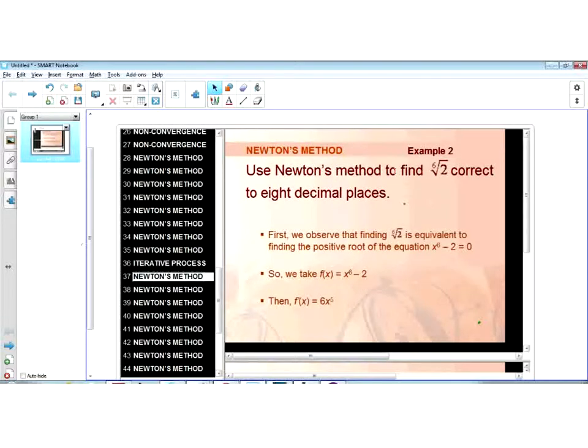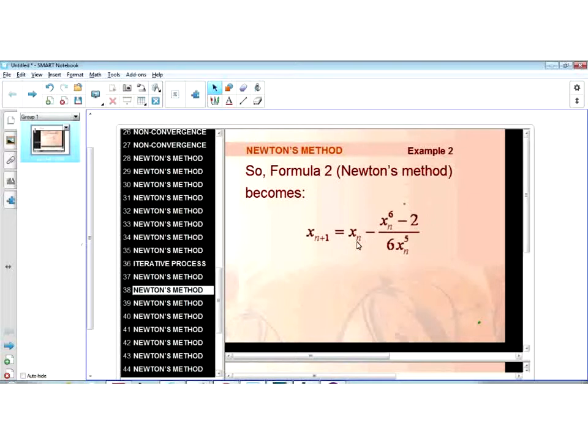Okay, so here's an example. Suppose we want to find the 6th root of 2 correct to 8 decimal places. So the 6th root of 2 is equivalent to finding the positive root of x to the 6 minus 2. So you convert the 6th root of 2 into a polynomial expression x to the 6 minus 2, because the solution, of course, is the 6th root of 2. So f prime of x, of course, is 6x to the 5th. And then you just set up your formula. So x sub n plus 1 is equal to x sub n minus